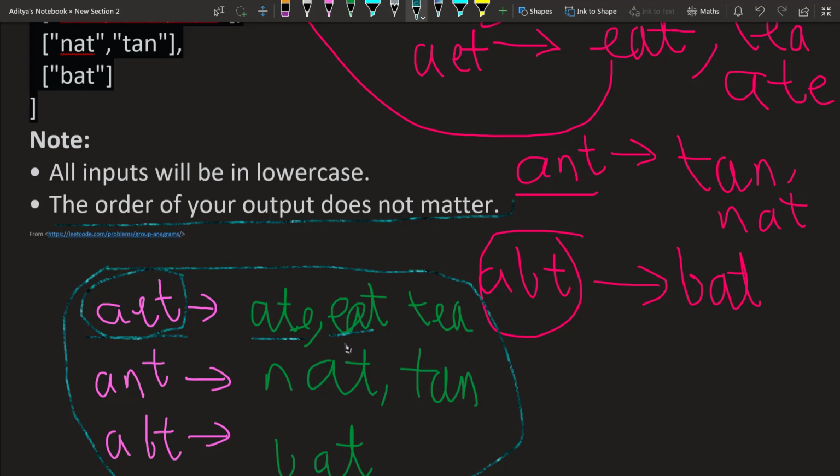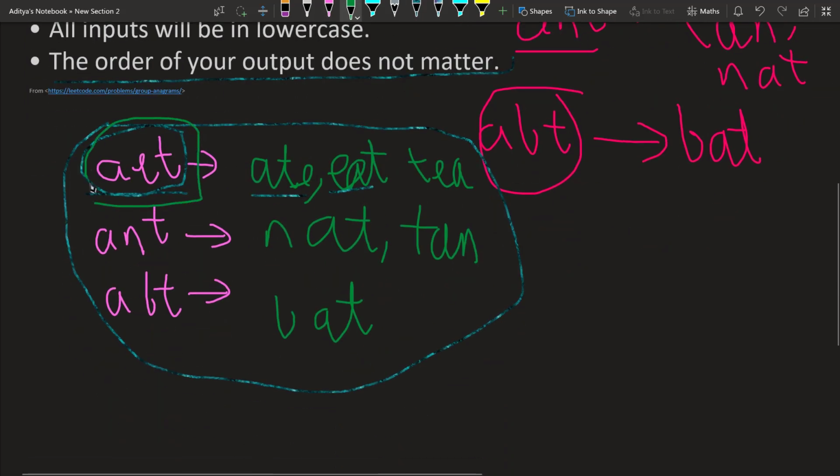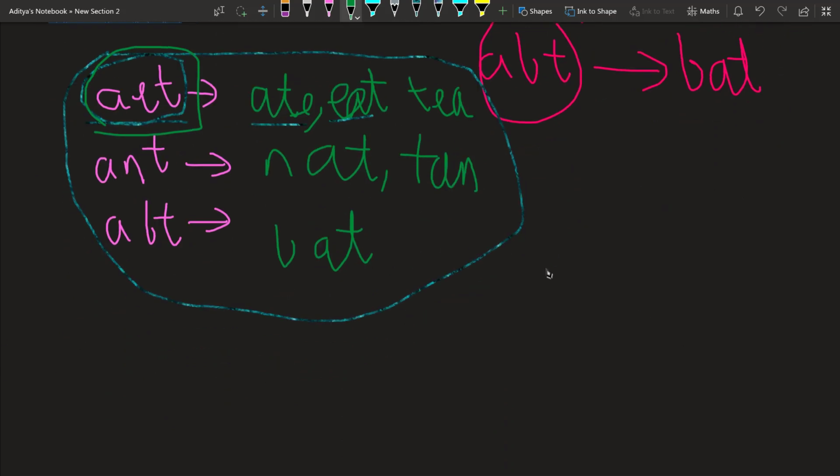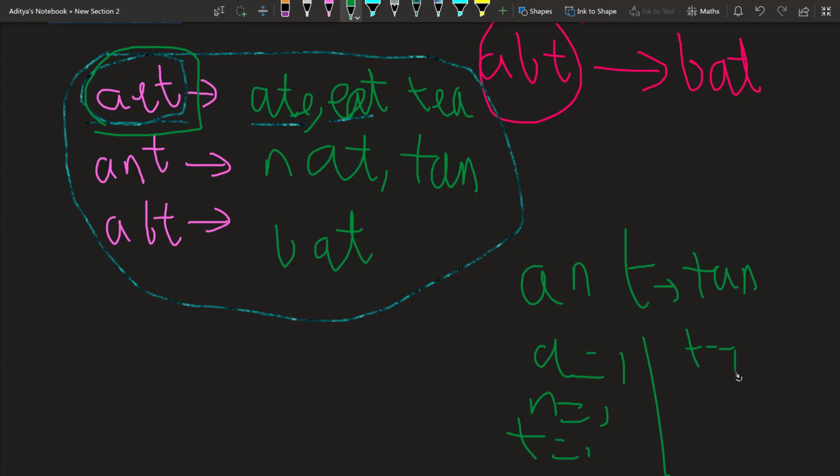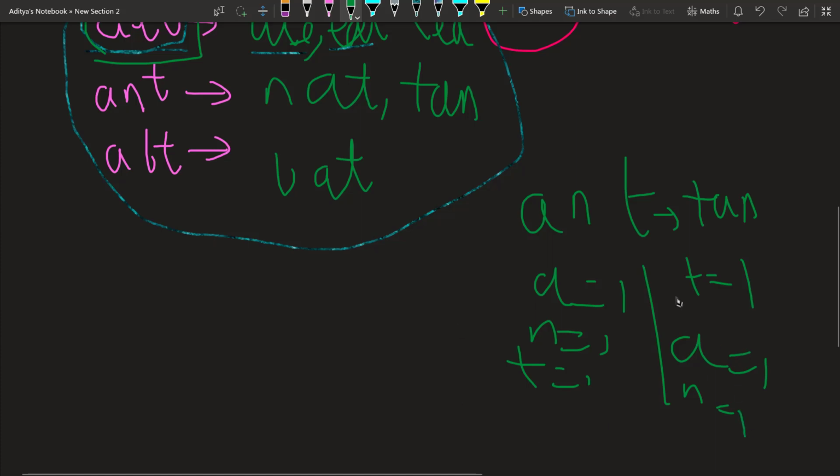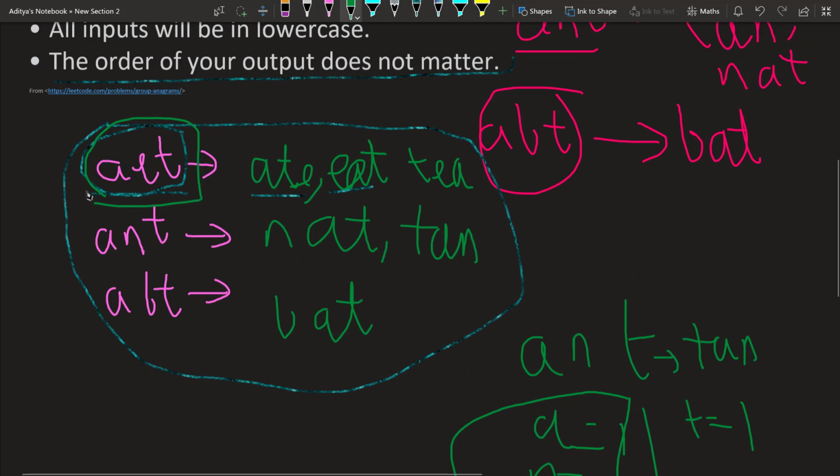So I think this question just makes sense, and some of you might try to use this AET as a dictionary, but a dictionary cannot be the key of another dictionary. So if you are going to check whether a string is an anagram of another or not, you can just basically do A and T A N. We can basically count like A comes one time, N comes one time, T comes one time, and in the same way T comes one, A comes one, N comes one, but this will be a dictionary, and we cannot use a dictionary as the key. So here we are basically using this sorted character technique to solve this question.